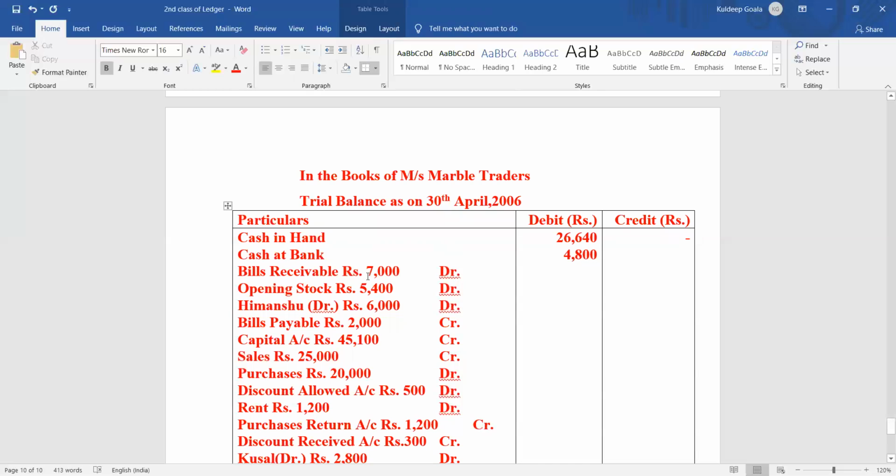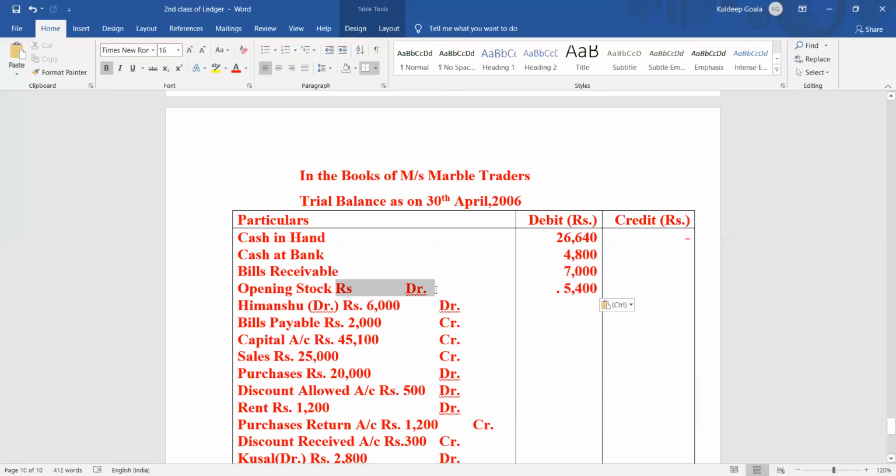Clear? Again, bills receivable also will go in the debit, right? So this is how you have to do. I hope you are understanding it. Very simple, one by one. Then again, opening stock is also showing debit, so it will also go in the debit side. Okay, all the debit